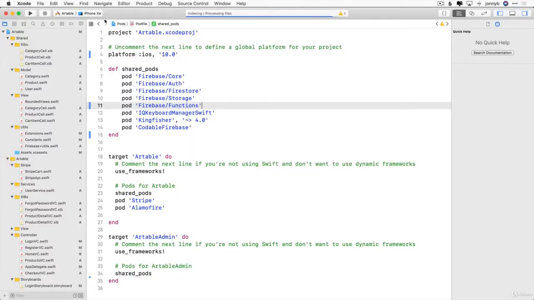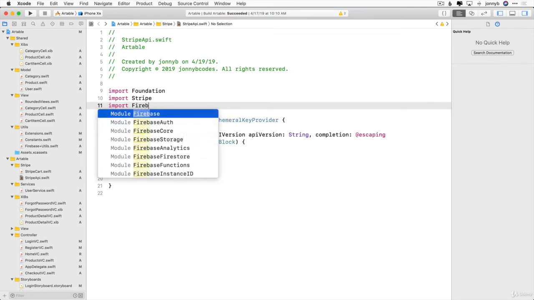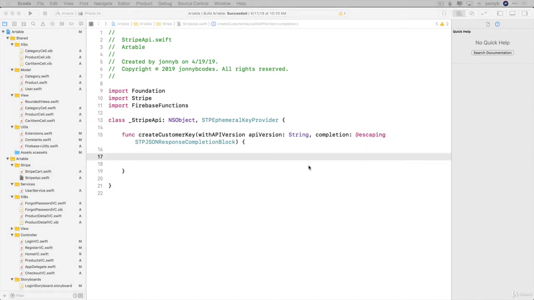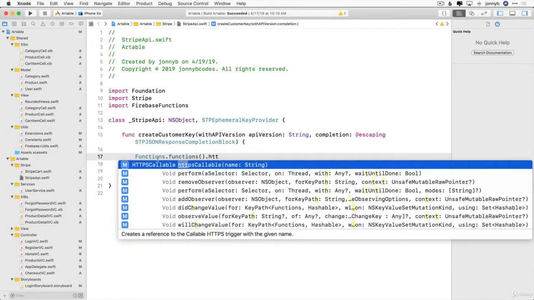So I'm going to come back to our Stripe API file. And now, let me make sure this autocompletes now. FirebaseFunctions. There we go. All right, so it's really easy to work with Firebase Functions. Just like when we used to work with Alamofire, we would say Alamofire.request, and then we would get the completion handler, right? So with functions, we say Functions.functions, then we say .httpsCallable, and this creates a reference to the callable HTTPS trigger with the given name,